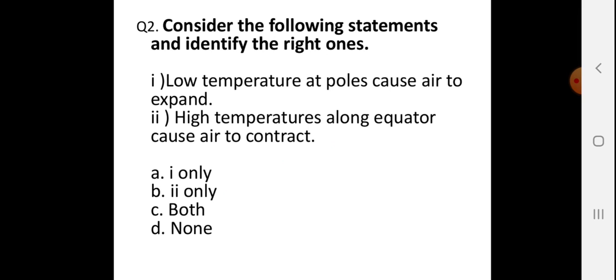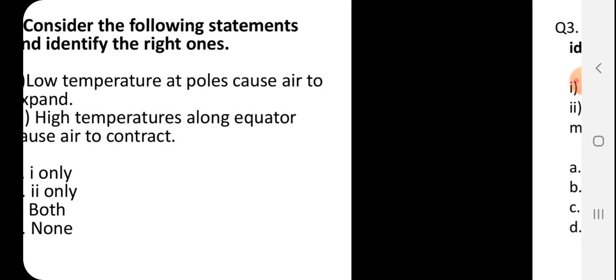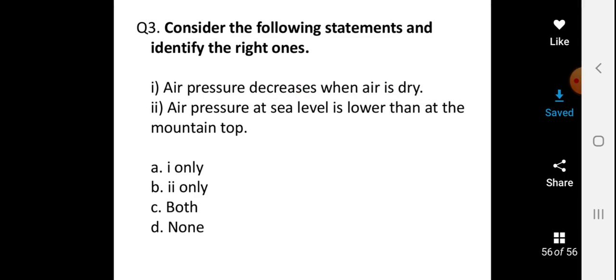Now you can answer these questions, right? And that way you can also figure out more and more equations like this, and you can find out where the pressure will be high and where the pressure will be less.